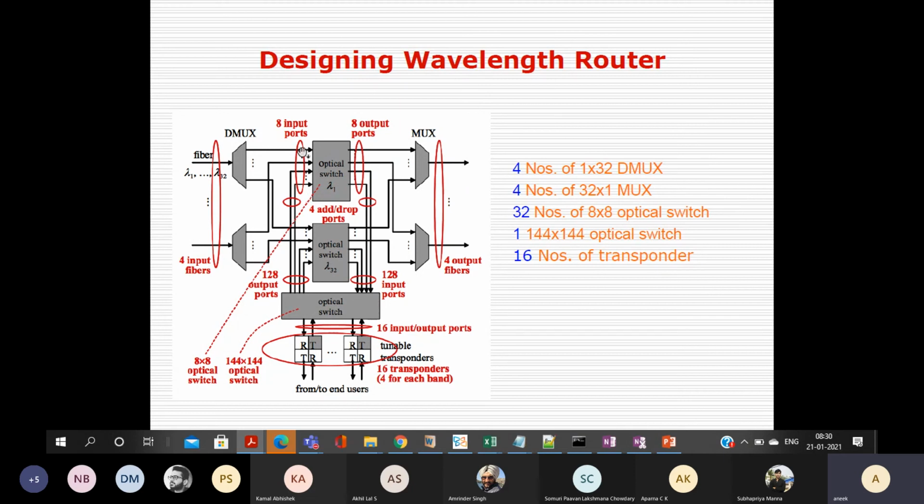And now regarding the number of input ports and output ports of the switch. Okay, so you have 4 fibers. So you can carry λ1 here in the first fiber and similarly in other fibers. So you require 4 output ports that should go from different demultiplexers to the λ1 switch. So that is 4 inputs, but you see they have shown that they require another 4 input ports.